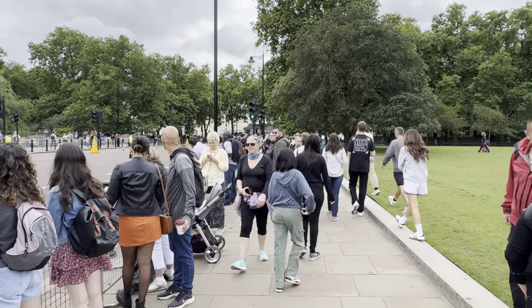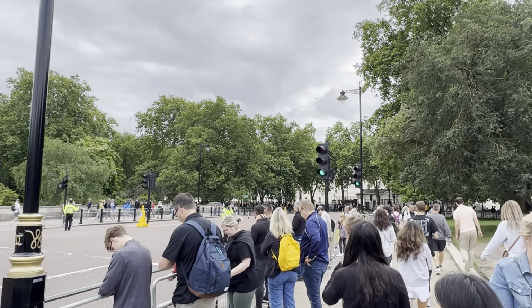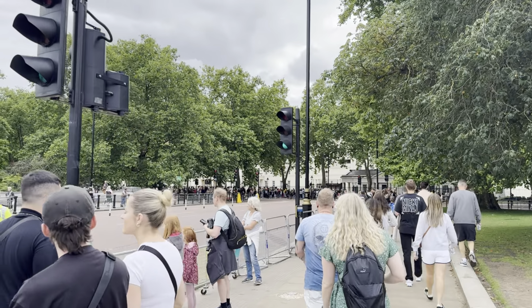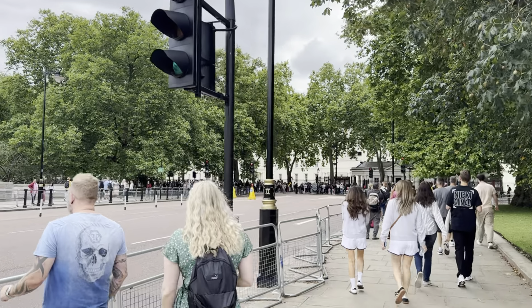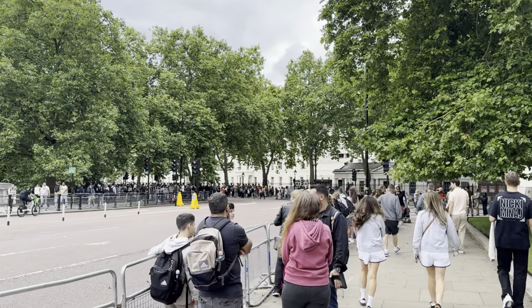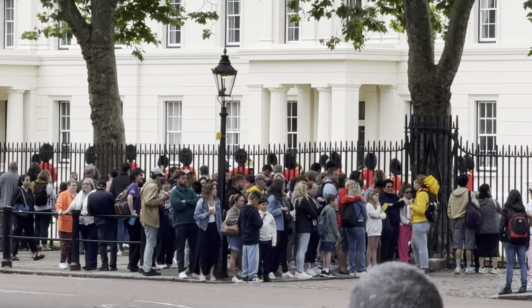So Wellington Barracks is used by 5 different household divisions. It is the barracks just off or next to Buckingham Palace here off St James's Park. And it's used by the Coldstream, Grenadier, Irish, Scots and Welsh Guards. And it was actually built in the 1830s, so quite some time ago. And you can just see the guards there,